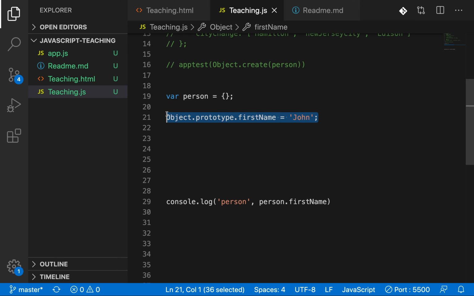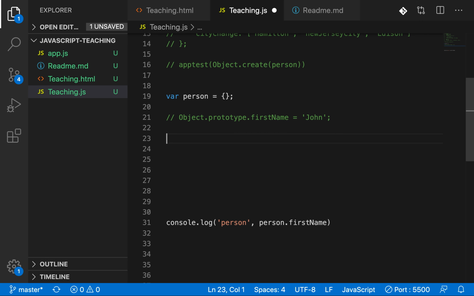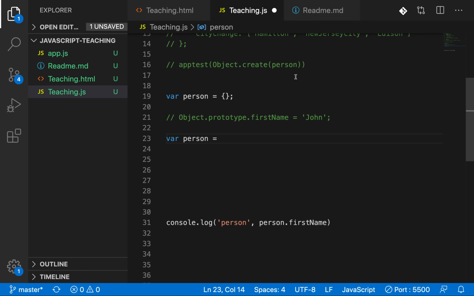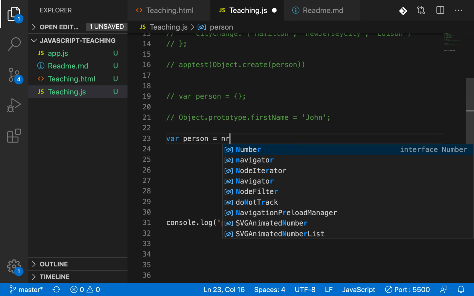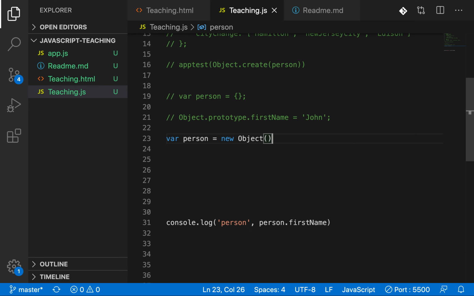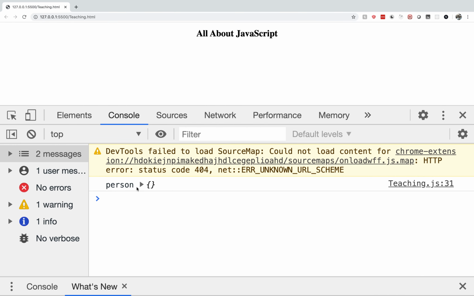As I said, there is something called the prototype chain. Let's say we can also create an object with the help of the new keyword, right? Let me comment this out too. person equals new Object. It is undefined because first name is not yet defined. It's the same thing.